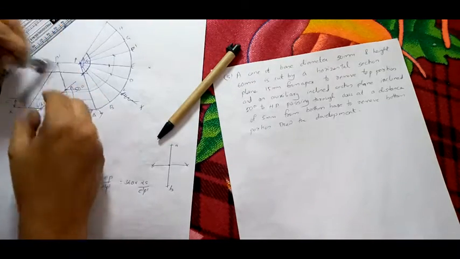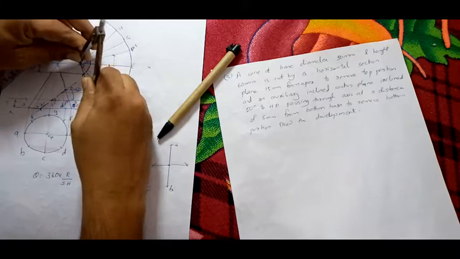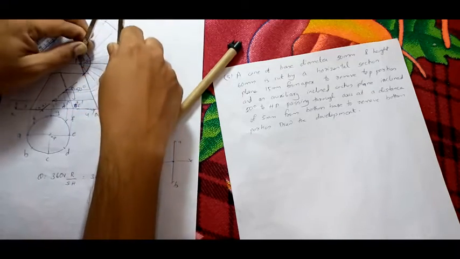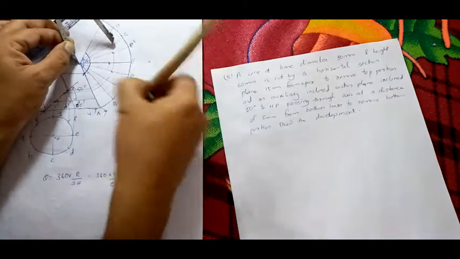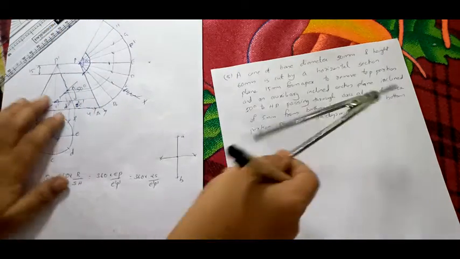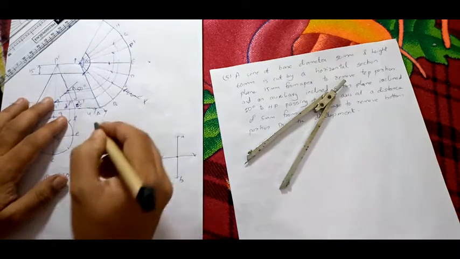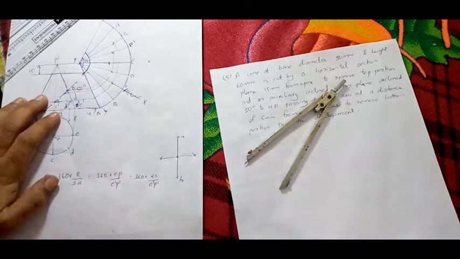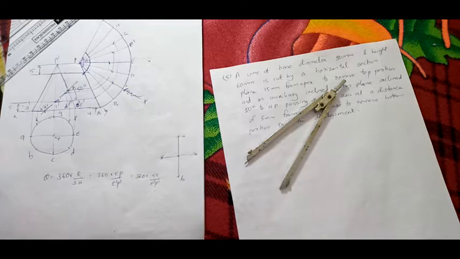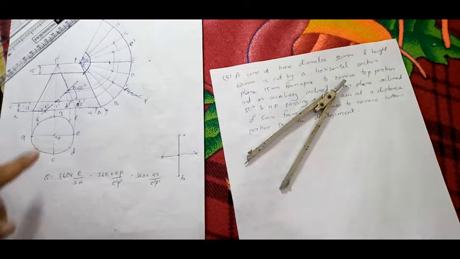And third point is cutting on C dash P dash and G dash P dash. So third point is cutting on C dash and G dash, here C dash and G dash. So corresponding by rotating all these to corresponding face edges, we have found out the points 1, 2, 3, 4, 5 points. Now it is cutting where? Now it is cutting on base.